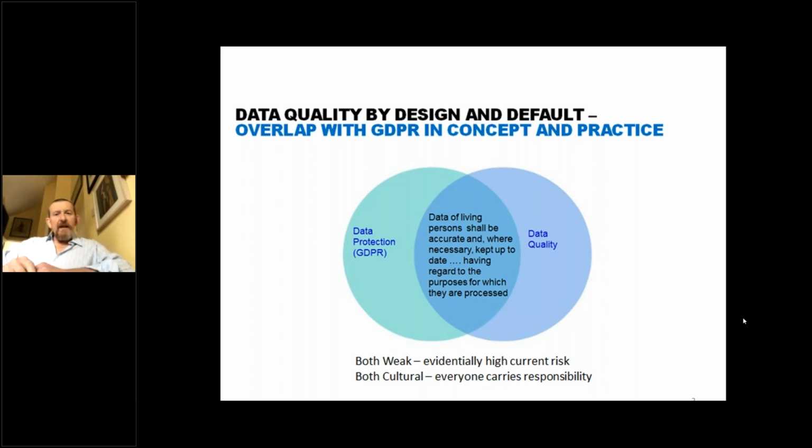But at a more general level, what's common about those two topics in my head is, first of all, they're both weak within our organizations, certainly the ones that I've been exposed to and working with. They're areas of weakness. And the very particular thing that they both have in common is they both require the whole organization to do things. They have to be cultural. It's not like the data protection team can do all that or the data quality team can do all that. Everybody across the organization has skin in the game, has a role to play, has a responsibility.